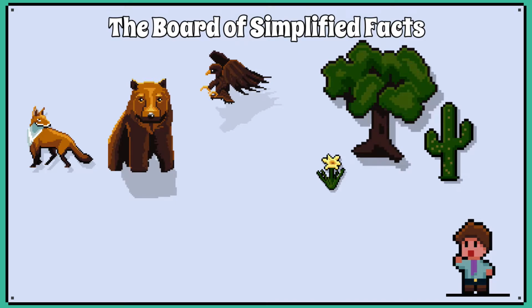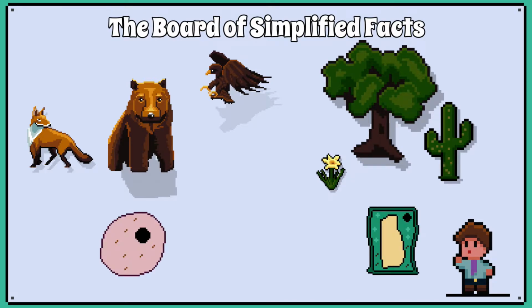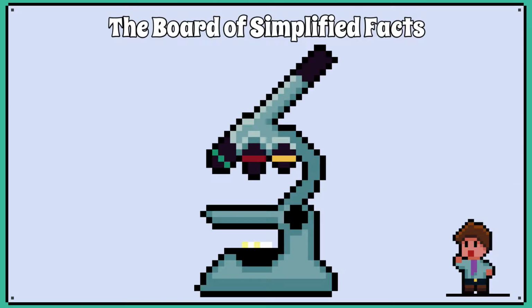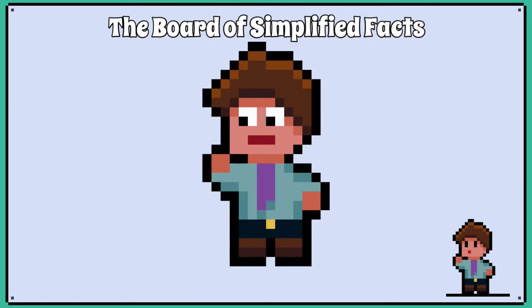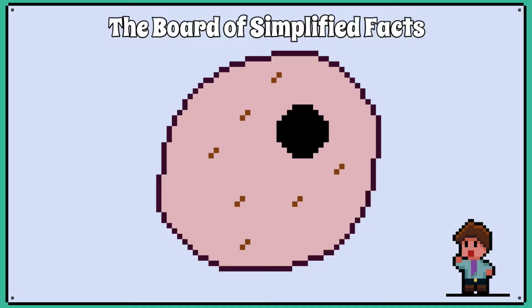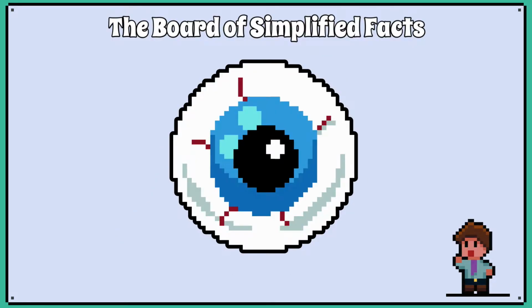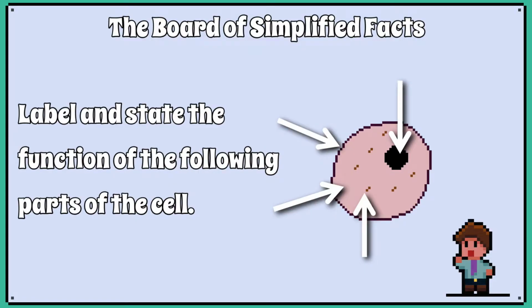All living things are made of cells. They are the basic building blocks, if you will, but naturally the closer you look, the more you see. Now this is a generic drawing of an animal cell. It is circular, a bit like a fried egg or an eye. You need to be able to label an animal cell and say what the function or job is for each